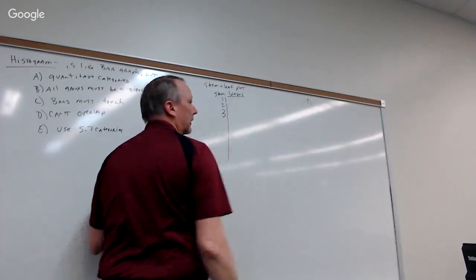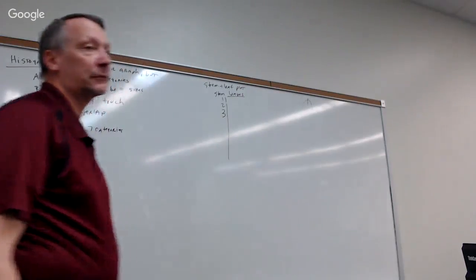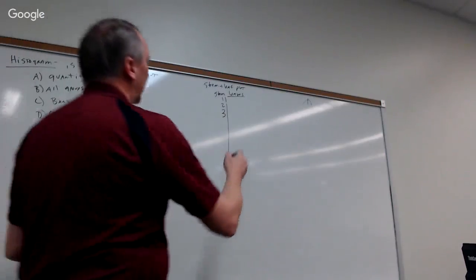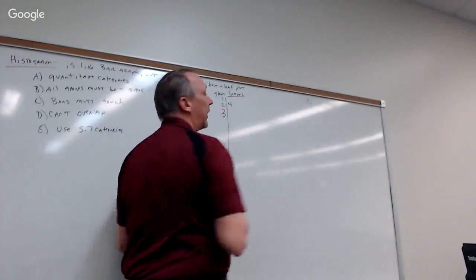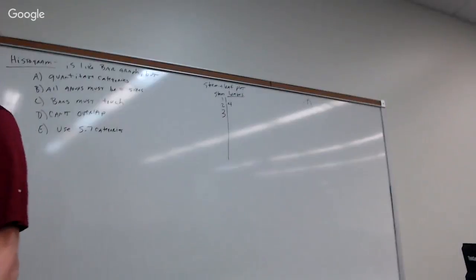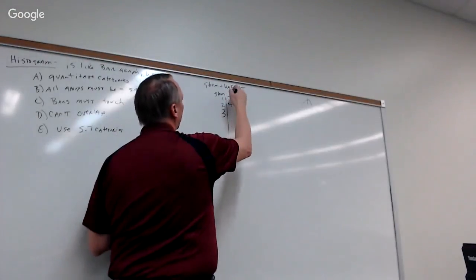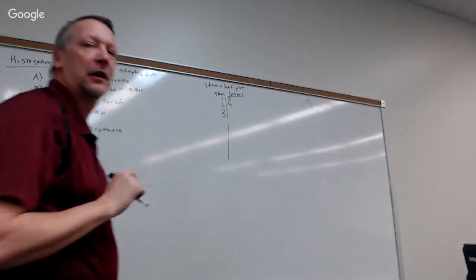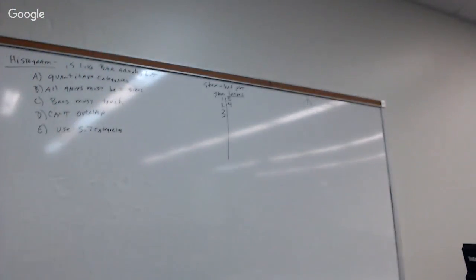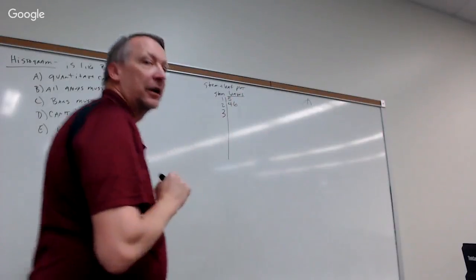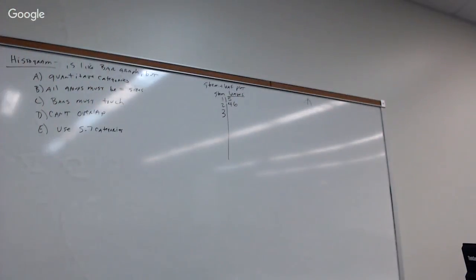Should we be writing this down with you? Yeah. So the first number I have is 24. So I'm going to put a 2 and then a 4 in the next column. The next number I have is a 15, so this is a 15. The next number I have is a 26, so I'm going to put a 6 here for 26. The next number I have is a 24